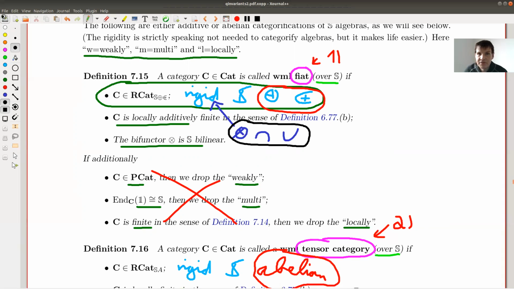Okay, so that was a mouthful. I hope it's kind of clear. So we have two notions. The difference is we kind of don't like abelian, or it's nice, but it's rare. So let's have a slightly weaker notion. It's not really weaker, a related notion, which we call fiat. But basically, both of them are just taking what we have seen so far, rigid and monoidal, and sticking to them the notions we have seen in this lecture and in the last lecture, like additive and linear.